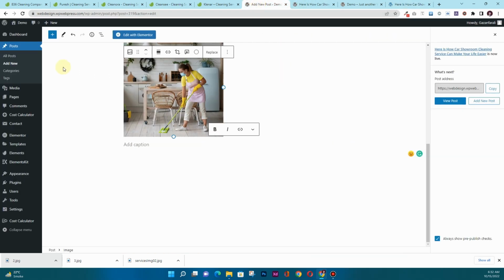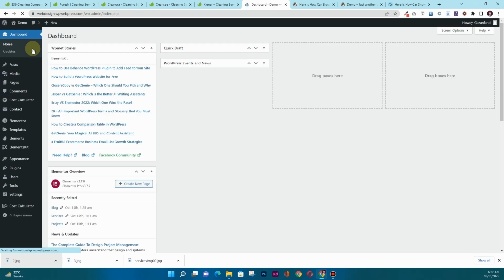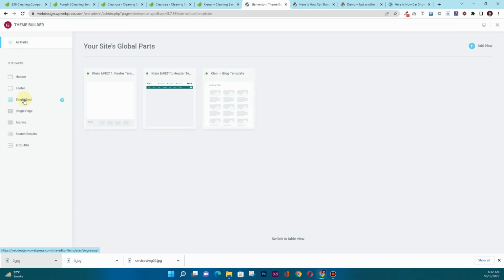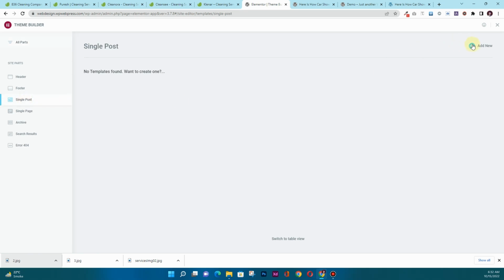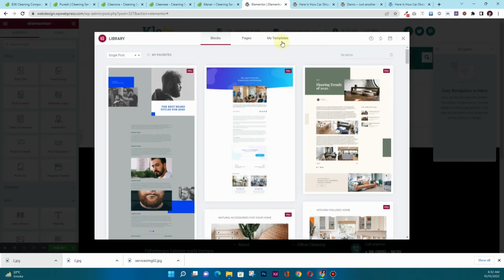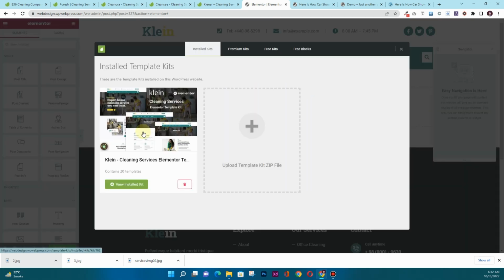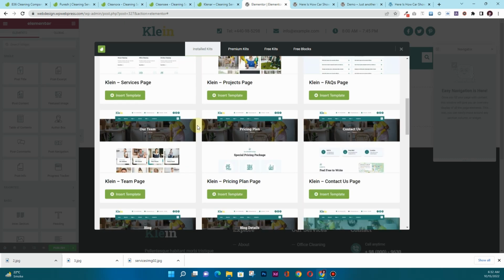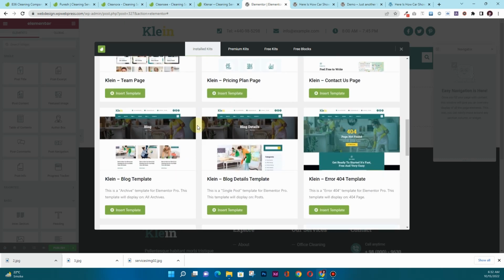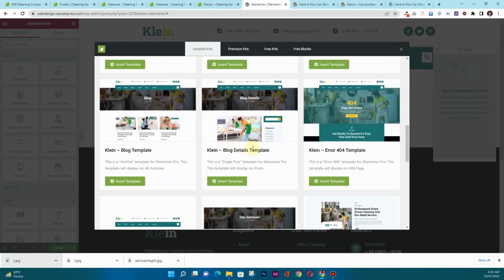So for that, what you will have to do is to go back to your WordPress dashboard, and then in the WordPress dashboard, click on this template, and then once again click on this theme builder. After that, click on this single post, and then click on add new. Then click on this X here, and then click on this Envato element icon, choose the kit, and then we'll have to choose the template, that is blog detail template. So I'll click on this insert template,